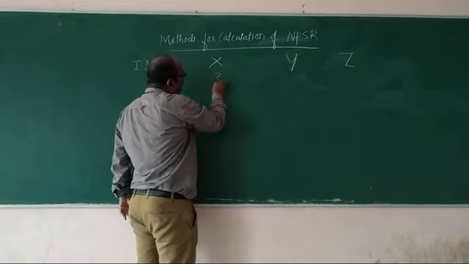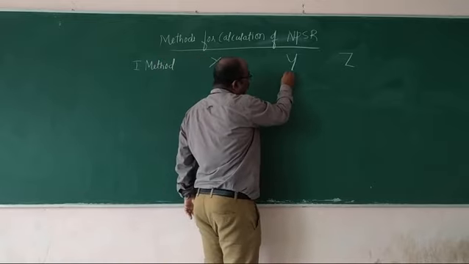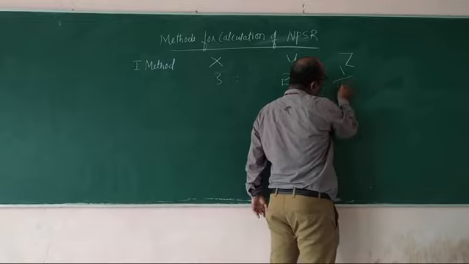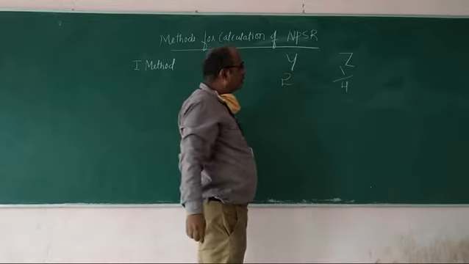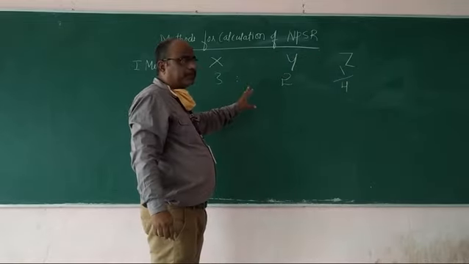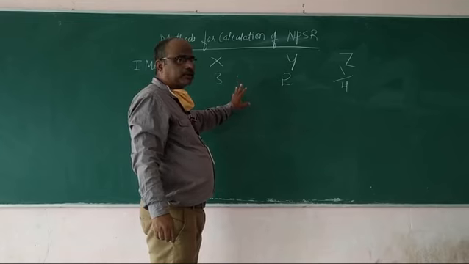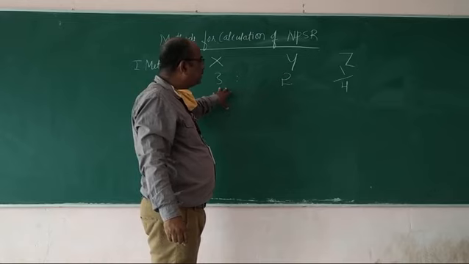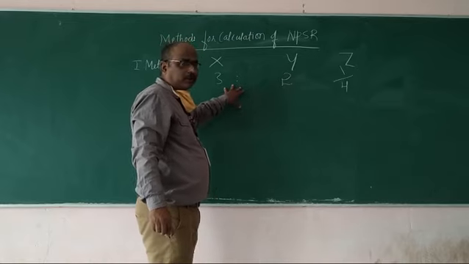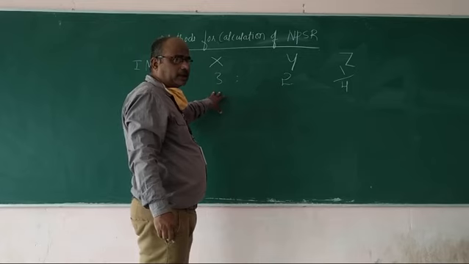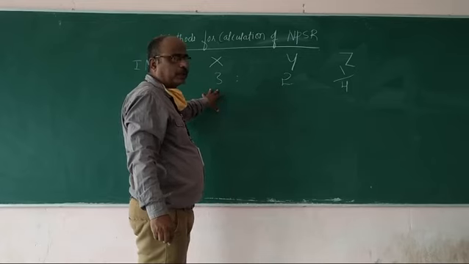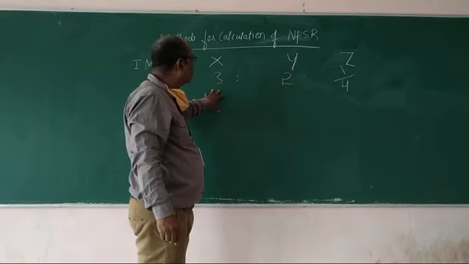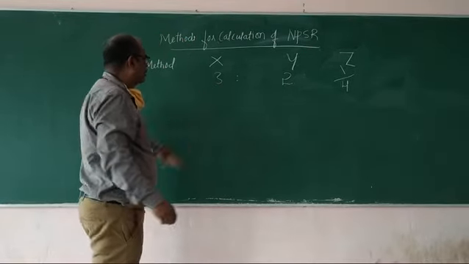Here the profit sharing ratio of the old partners is given along with the profit sharing ratio of the new partner. But how he obtains it from X and Y is not given. So here you should know by seeing the question that this is the first method, and we will see one example of the calculation of new profit sharing ratio of the first method, so that it will be clear for you to understand the first method.